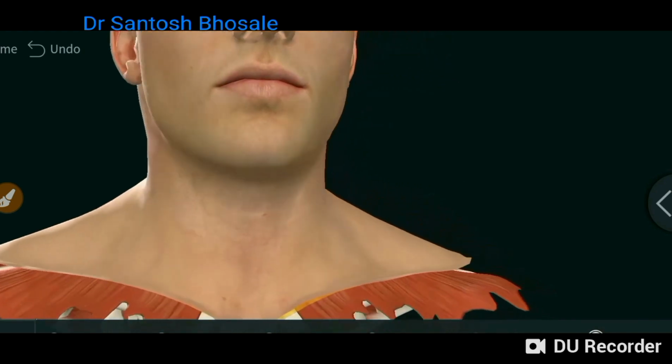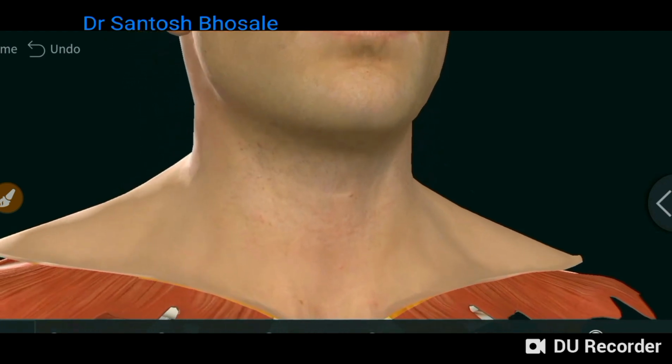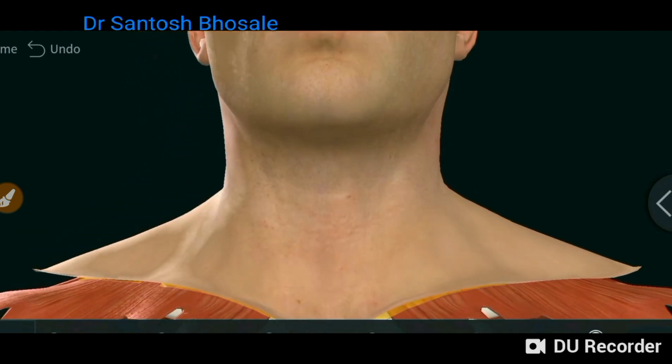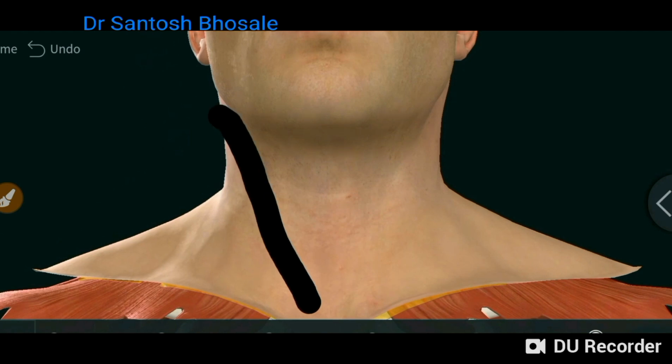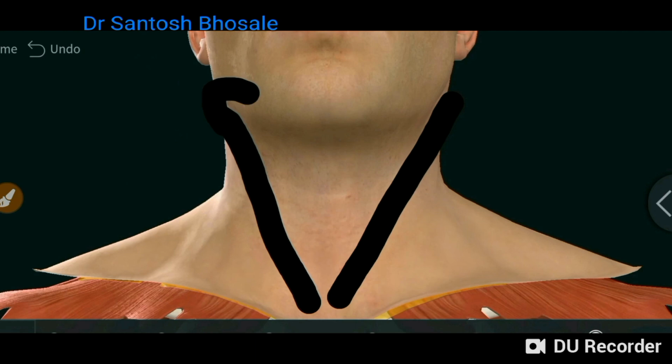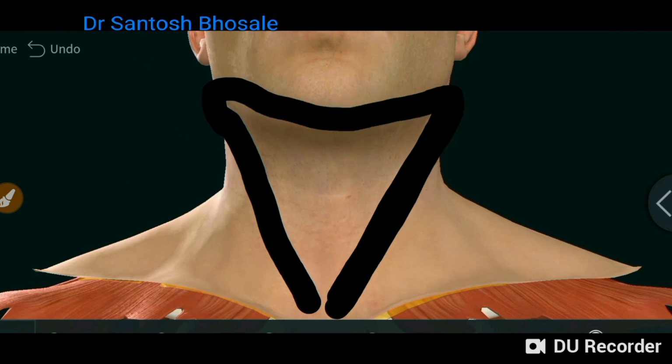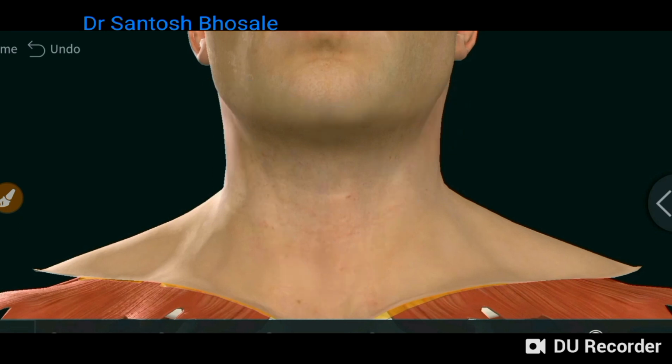So, the neck consists of the structures which run to and fro between the head and trunk. It also houses different glands and muscular spaces. As we are discussing the anterior triangle here, when you view the neck from the anterior side, you can see this is the anterior triangle. Broadly it is a big triangle, but for descriptive purposes it is divided into two by the anterior median line. So, there are right and left anterior triangles, you can see here.